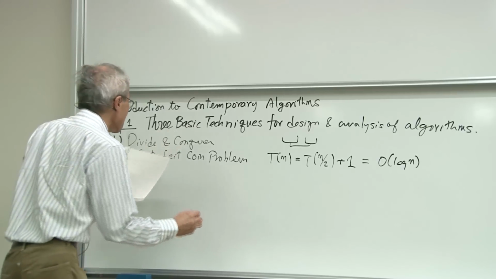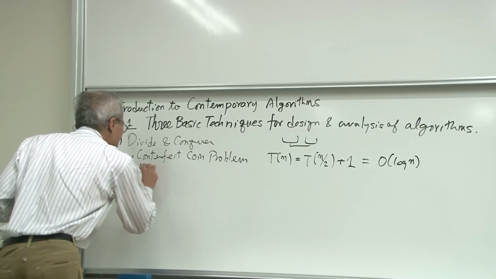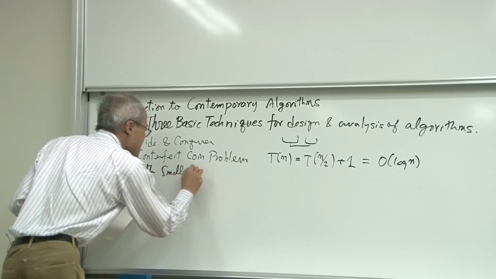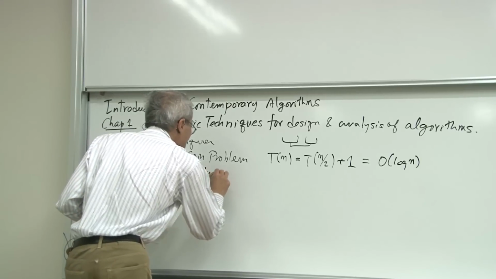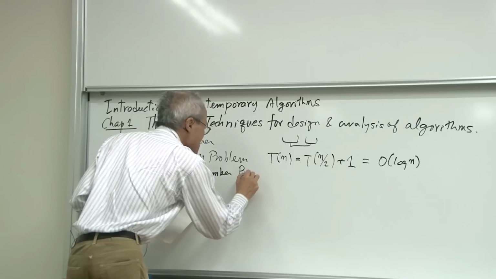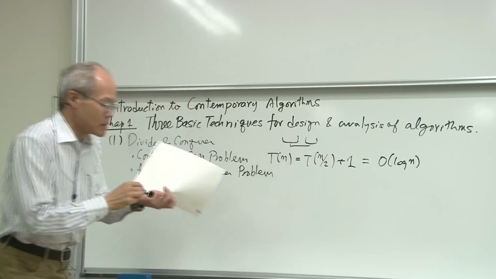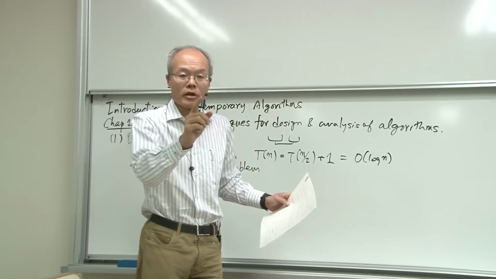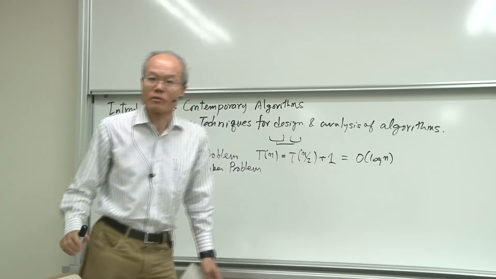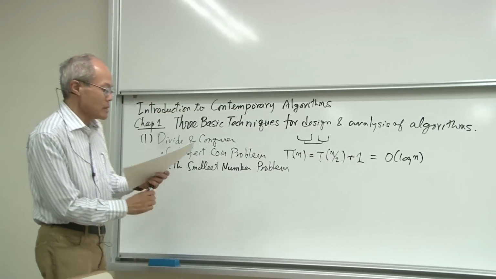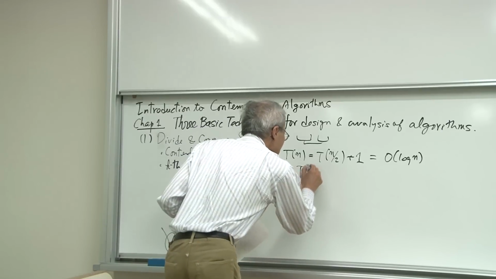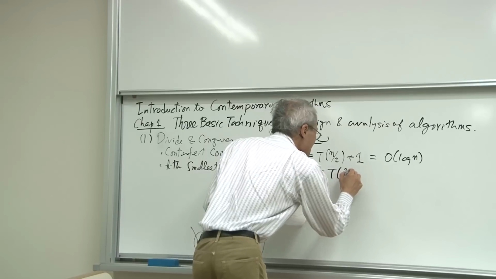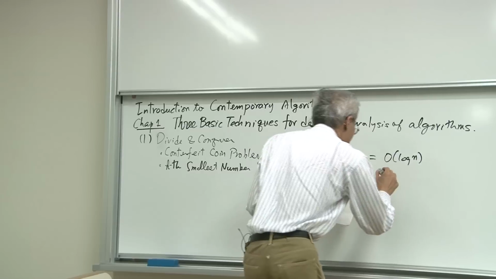The next example is the kth smallest number problem. We are given n integers, and we want to find the kth smallest, maybe the fifth or seventh smallest or largest number. Then the complexity T(n) can be written as T(n/5) plus T of